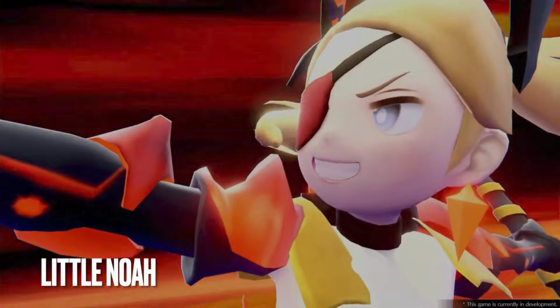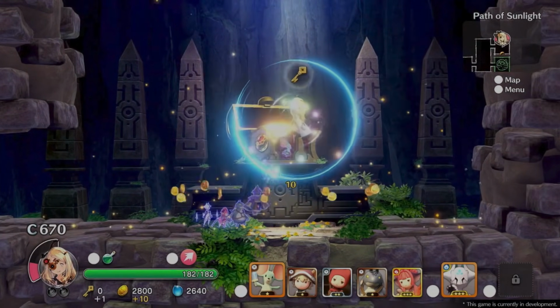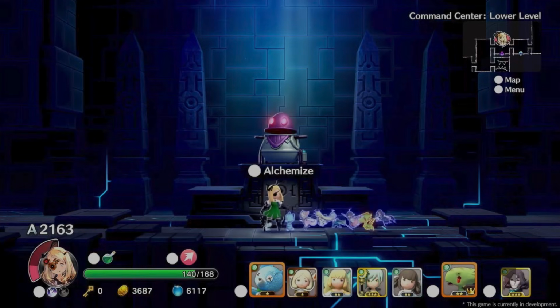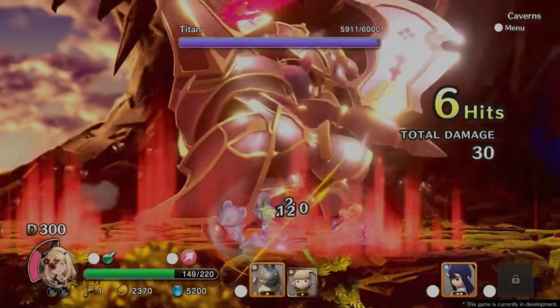Number 6 is a game that I have digitally, but I really hope to make a physical copy soon. And that game is Little Noah, the Scion of Paradise. Man, this game is so fun and definitely underrated, and a true hidden gem in my opinion. You play as a woman named Noah, who's traveling the world in her airship, and suddenly it breaks down, and you land on this continent that's full of danger, and you gotta go out on an adventure and find parts